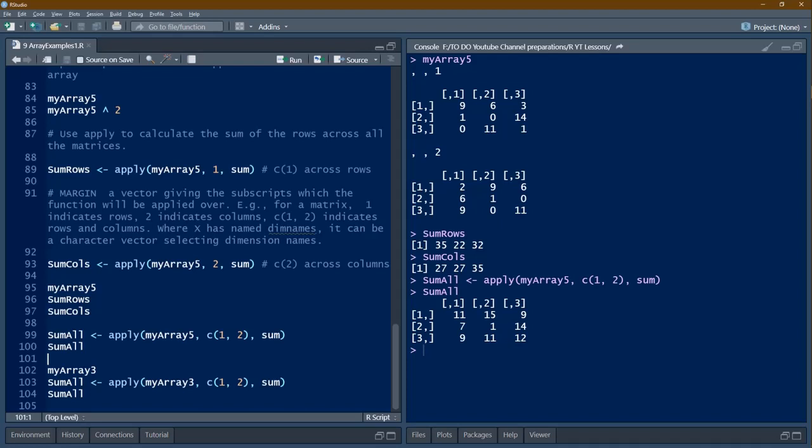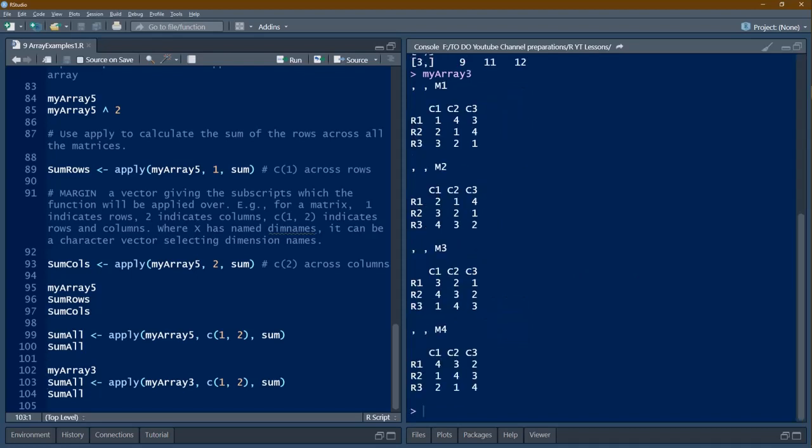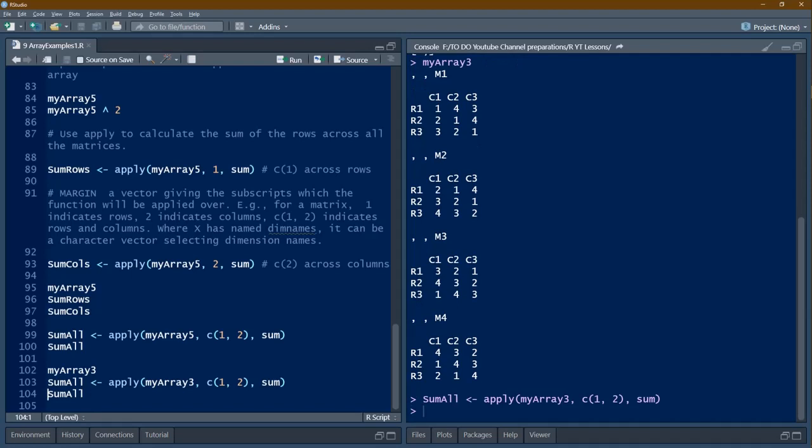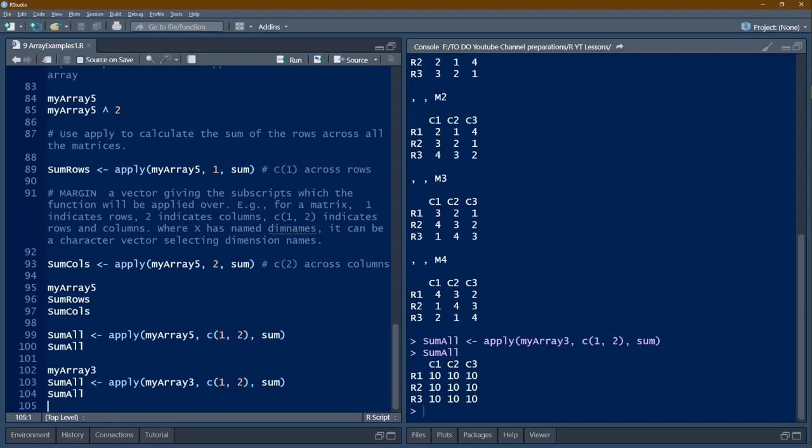Now we will apply the same sumAll in myArray3. First we will see what is myArray3. We have created it elsewhere, so 1, 2, 3, 4 recycled data. Now let us take sumAll and let's see the sumAll results. That means 4 individual matrices in the array have been added, and we are getting a single matrix here.